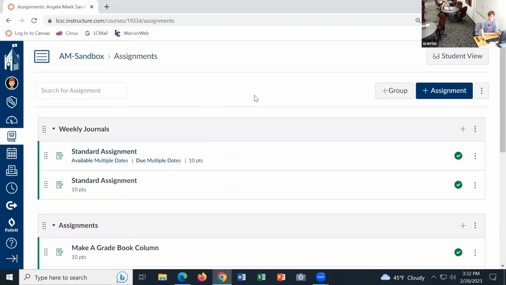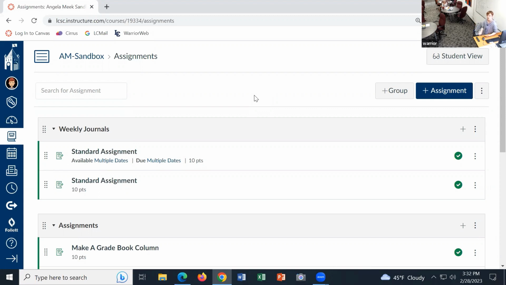Peer review now. Peer review is one of those things that can work beautifully if it's properly set up in a course. The biggest obstacle maybe with peer review has to do, I think, with how long it can take. Because students need the time to write the paper and submit it, and then they need the time to actually do the peer review, right?